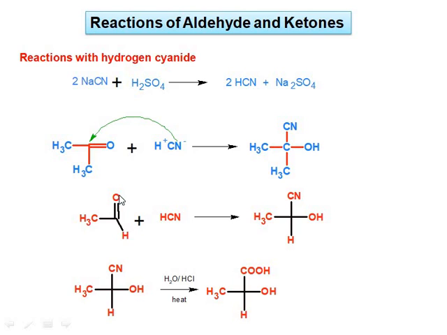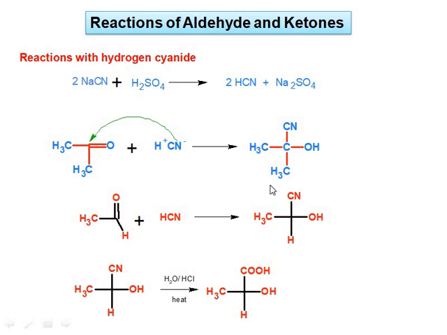Similarly, this is an aldehyde molecule. We add hydrogen cyanide. Similarly, CN minus attacks this carbonyl carbon and forms a negative charge on oxygen. The negative charge on oxygen picks up the proton from H, converting to OH, to also get cyanohydrin. Right? This is a cyanohydrin.